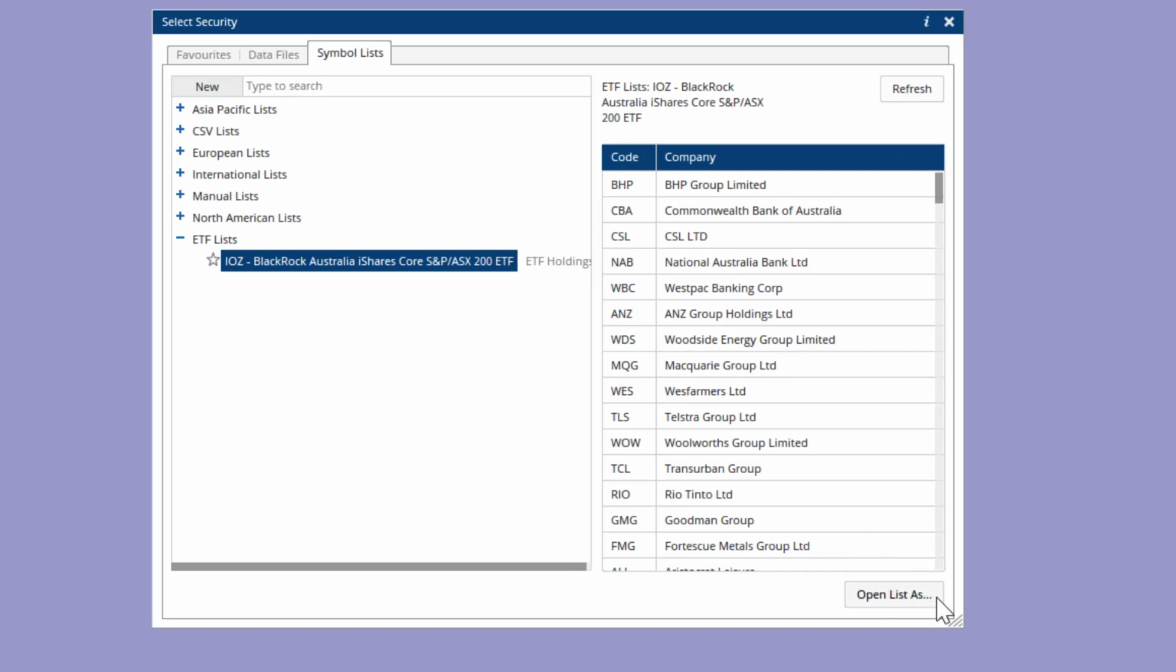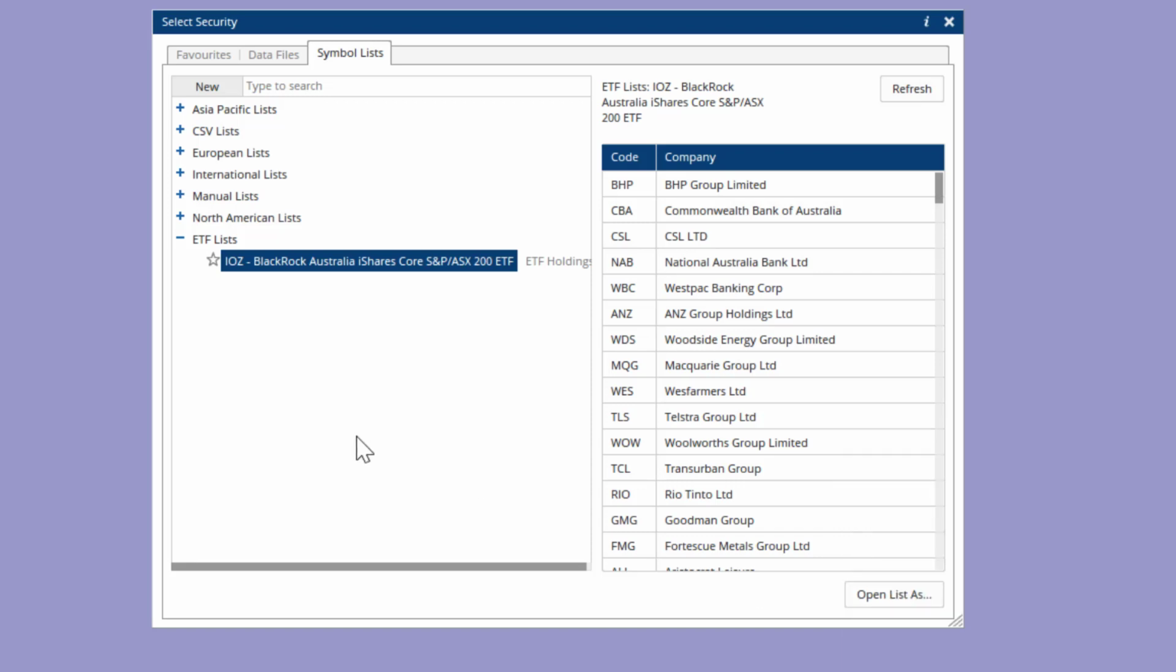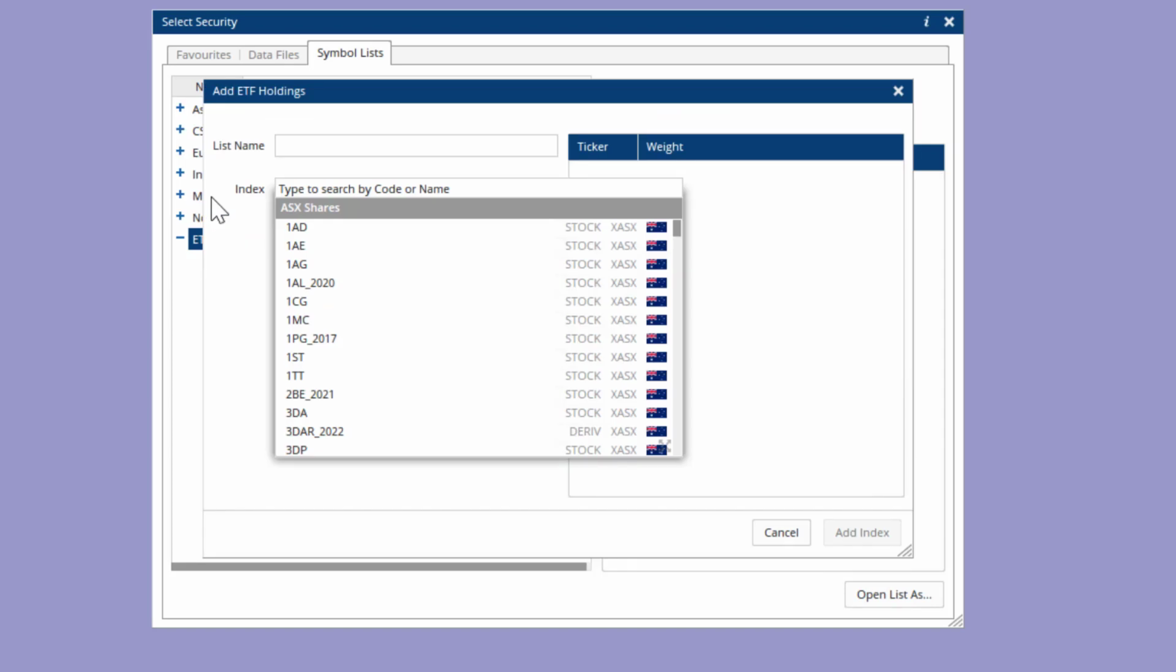And from there you can go to open list as, and you can chart them all. You can open a watch list or do an RRG, anything you wish to do. I'll do one more example. So new ETF, this time